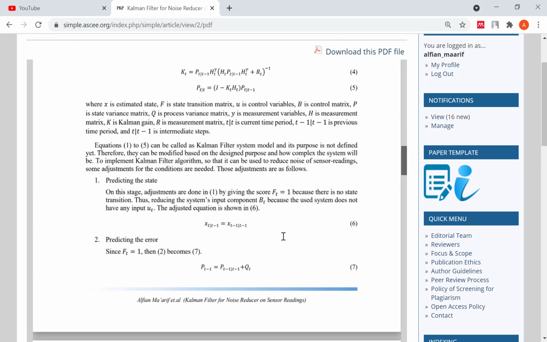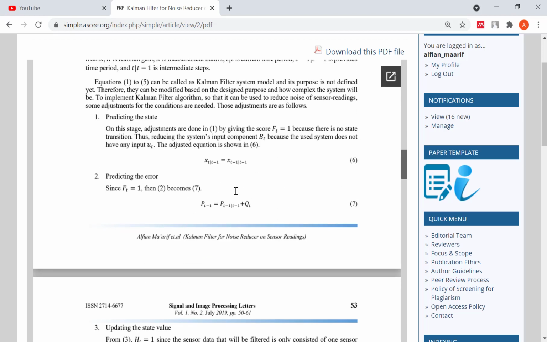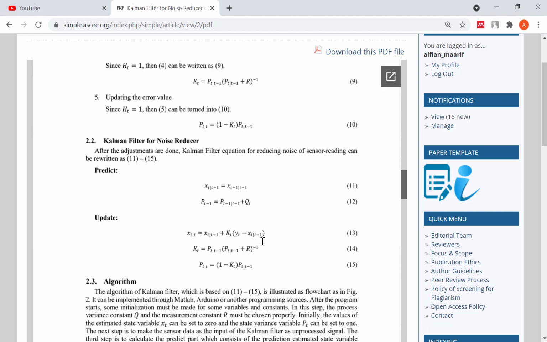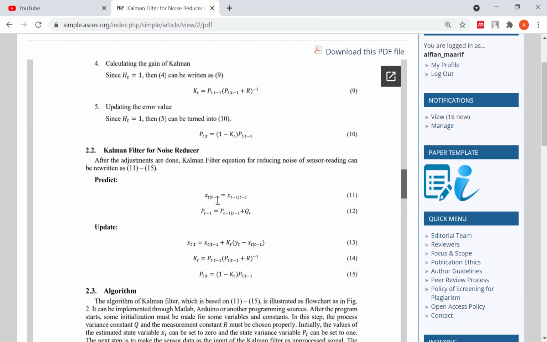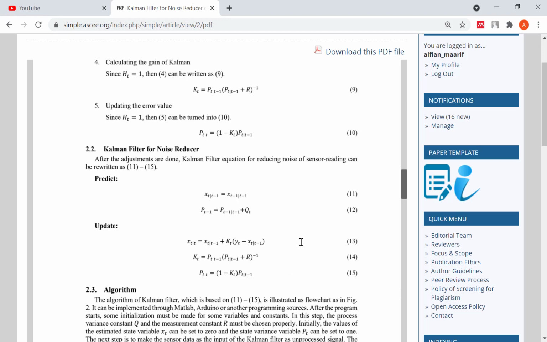We will make the equation simpler because we do not use all of the Kalman filter equations. So this is the process to get the short equation here. This is the short equation for the Kalman filter to reduce the noise and also the disturbance from the sensor.